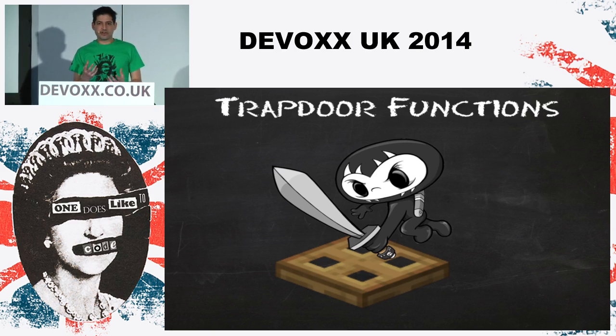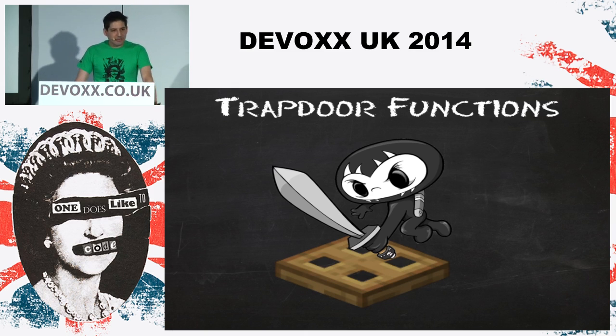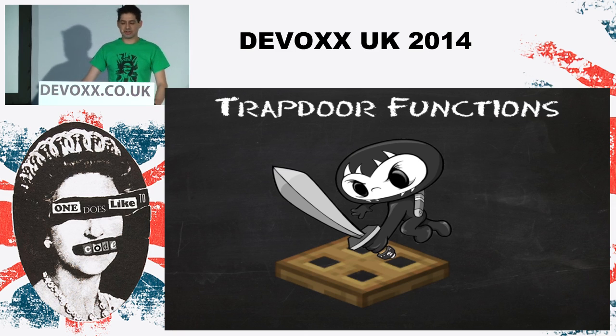These types of tricks are called trapdoor functions. The idea is it's very easy to calculate going in one direction, i.e. encryption, but very hard to calculate how to do the other, the decryption. They're the basis of modern cryptography. There's a couple that we are using, and as we'll see later, they're not perfect trapdoor functions, and this leaves us room for problems in the future, especially as computing power catches up.